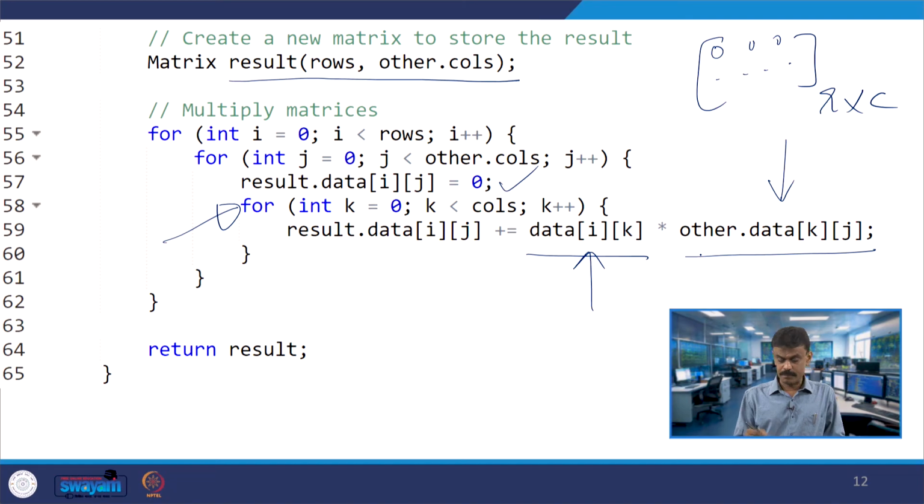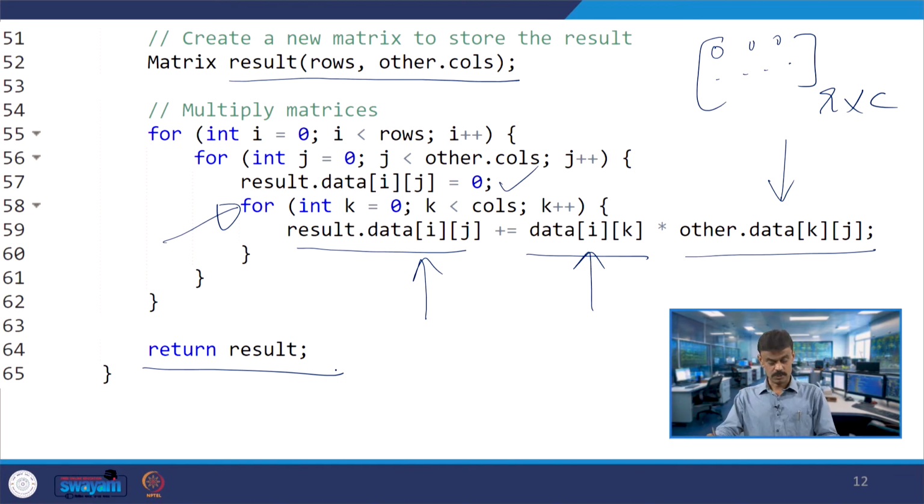You are doing the multiplication component-wise: taking the first element of the first row, all the columns are multiplied and then added. So, the result will be result of 0 0, then result of 0 1, result of 0 2, and so on. Then all the rows into columns will be filled, and you return the result.